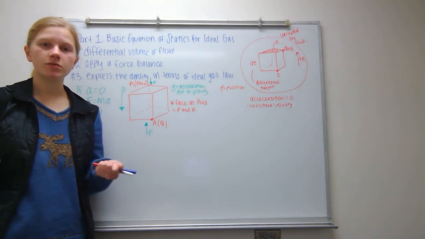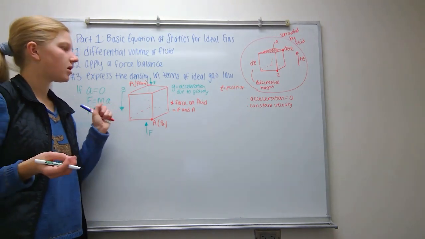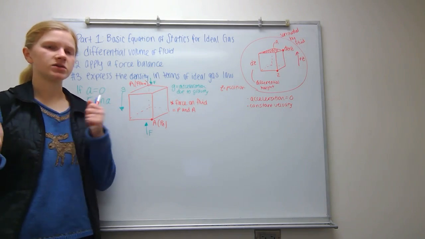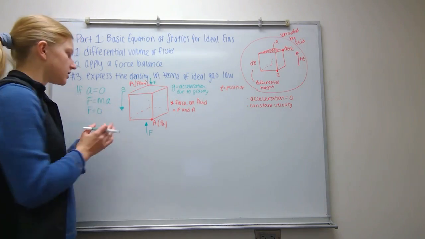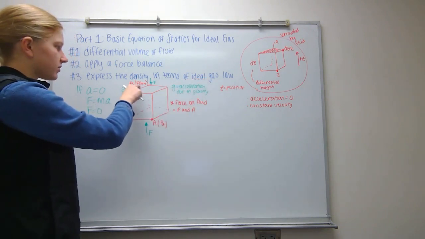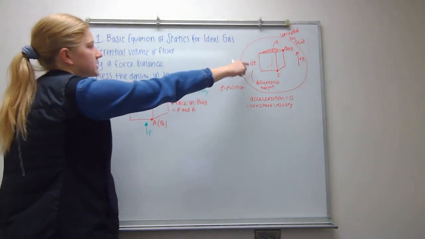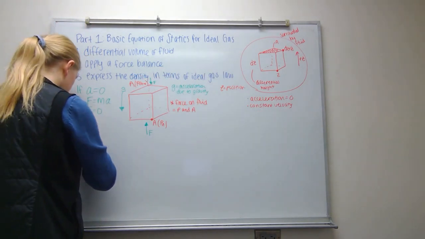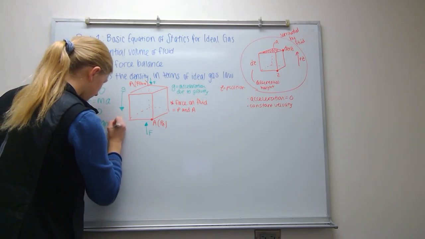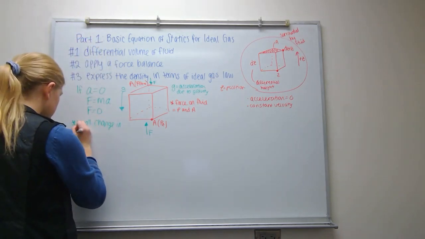So essentially what we're going to do here is represent the sum of all of our forces with an ideal gas, and so the small change in pressure is with respect to a small change in height, which is what we do. We have our differential pressures and our dz. So I'm just going to write that here. We have a small change in pressure